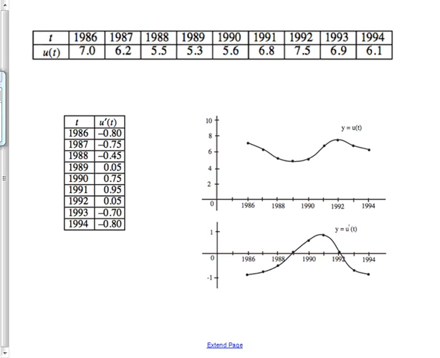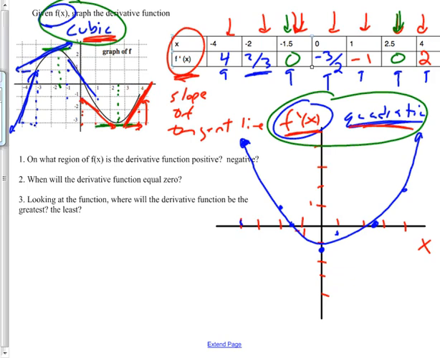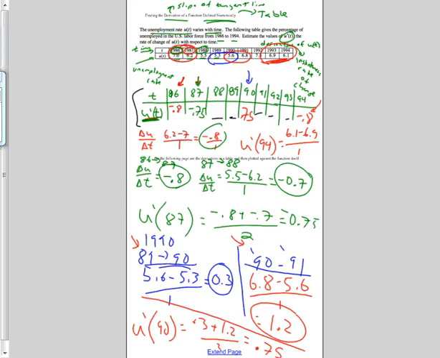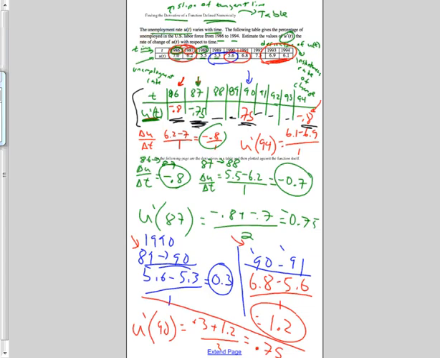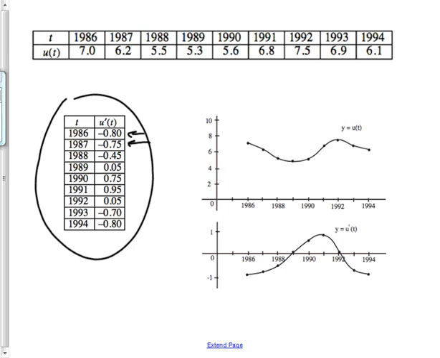So here we have a chart, and going backwards, we got some of these values right, so we should feel good about that. In 86, it was negative 0.8. In 87, it was negative 7.5. And just trust me that we did the other ones right, and these are all correctly formulated. So up here, what we did is we plotted unemployment as a function of time,